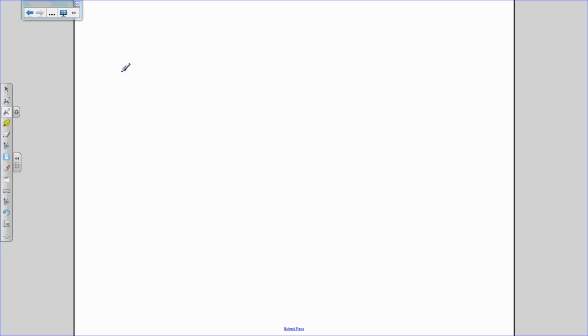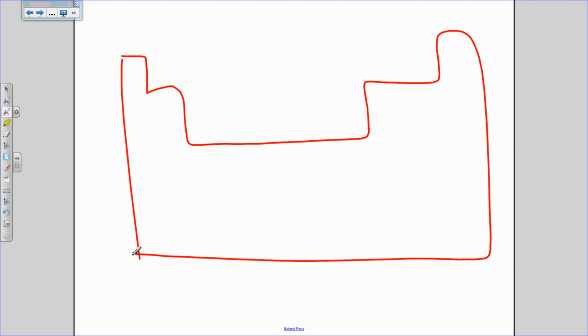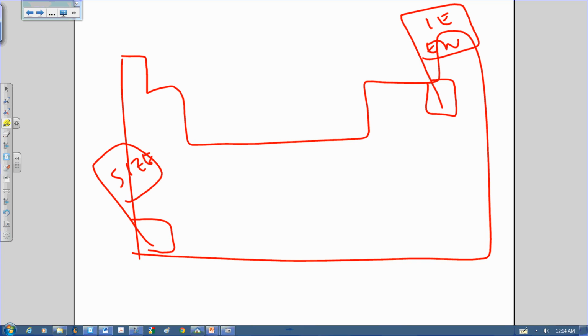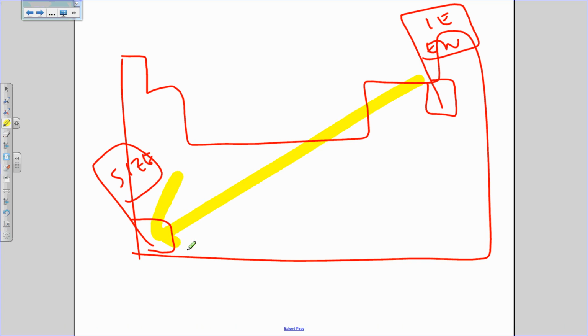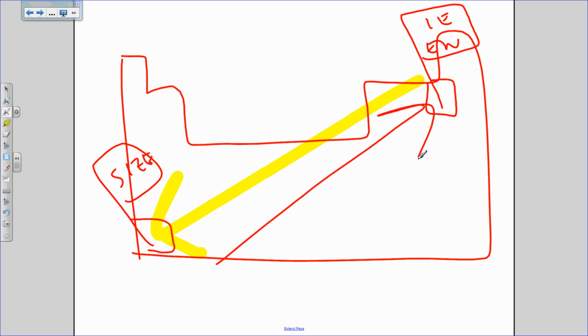So overall, if you sketched out a periodic table, a rough sketch here, I would have a flag here for size, and a flag here for ionization energy and electronegativity. The overall trend for size increases as you go this direction, so the closer you are to francium, the larger your size is going to be. If you're talking about ionization energy and electronegativity, the closer you get to fluorine, the greater the ionization energy, and the greater the